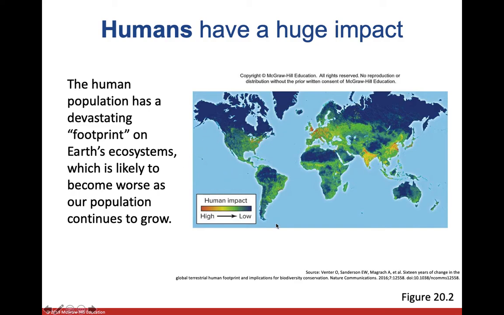So, as our population starts to skyrocket, you can see here the highest number of human impacts versus the lowest number of human impact tends to go very highly correlated to where there are a lot of people. Not a lot of people in these areas, lots of people in here. Not a lot of people so much in the Amazon rainforest, in the Sahara Desert, and the outback of Australia. But in India, in China, in the UK, England, Europe, in Italy here, New York, places like that, Chicago, St. Louis, the South down in here, you can see that there's high human impact, places where there's lots of people.